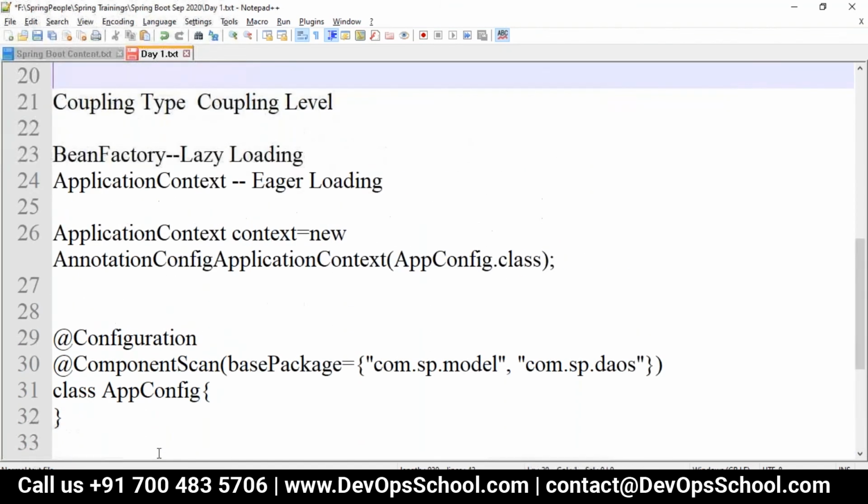For some objects we want lazy initialization, for some we need eager loading. But if you are going with Spring Boot, by default it is loaded with application context. It's eagerly loading, and it supports I18N. What is that? Generally, internationalization.